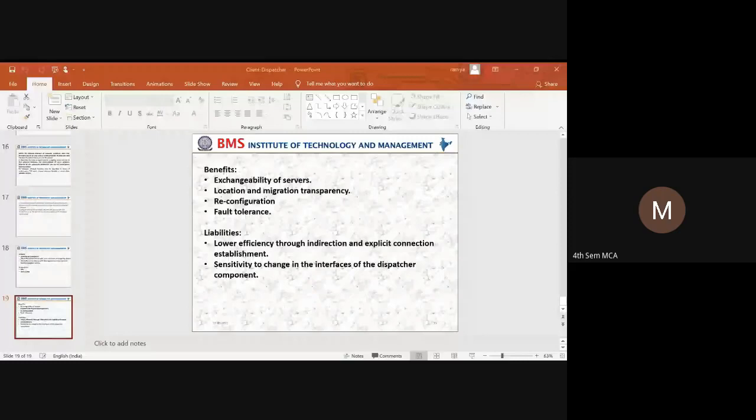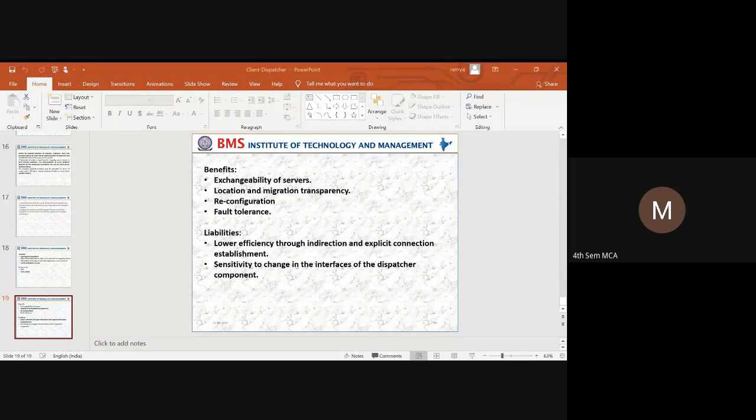What happens due to these many tasks carried out by the dispatcher, like registering, unregistering, locating the server, identifying the services, then redirecting? Everything can be considered as lowering the efficiency or the performance of the server.